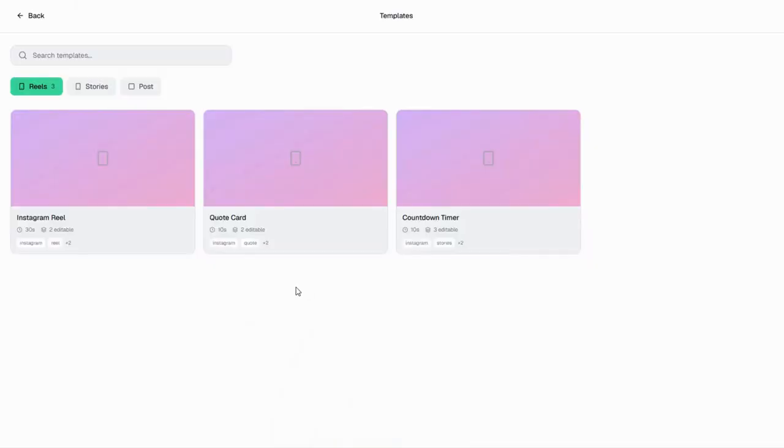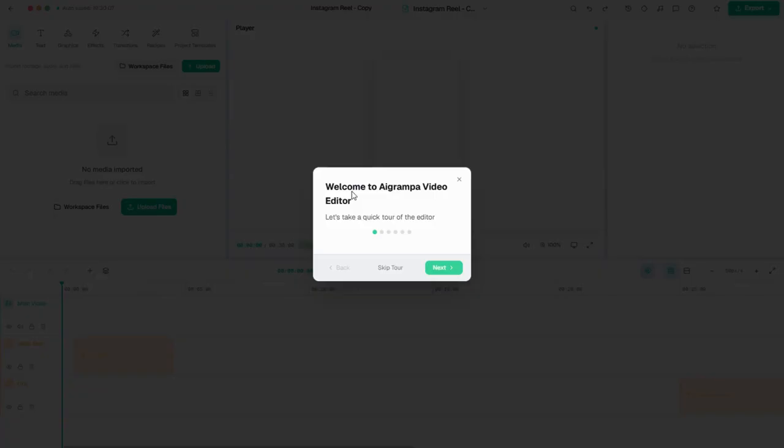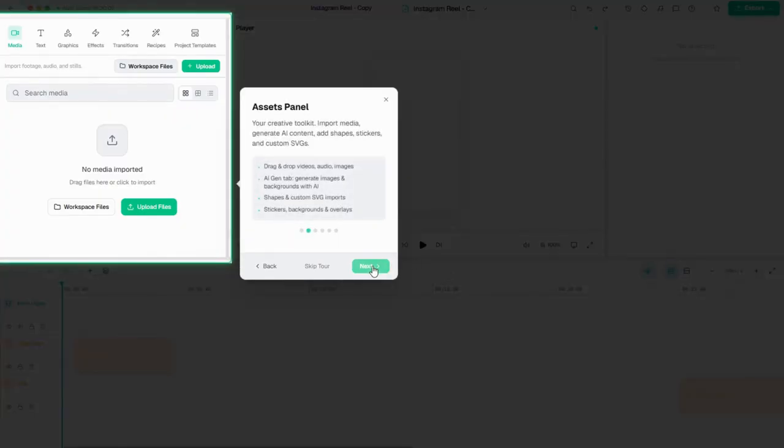Let's go ahead and check out the templates. We've included an Instagram Reel template. It's designed for a vertical reel with an animated hook text. And the first time you use it, it'll give you a tour. It says, welcome to the AiGrampa video editor, and it'll take you through a tour of how to use this